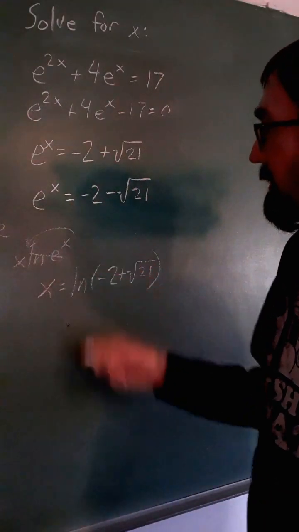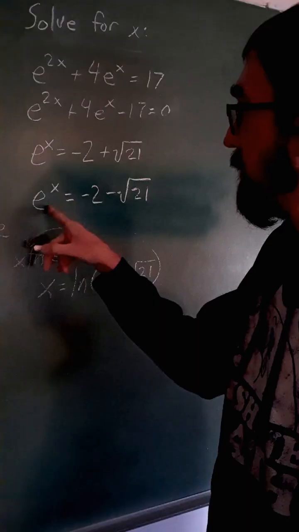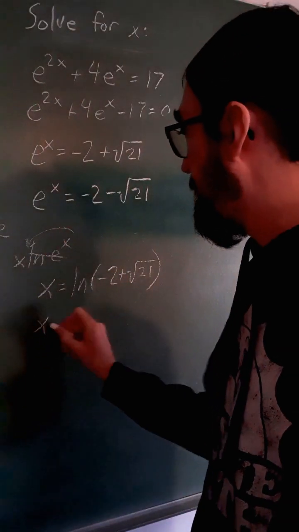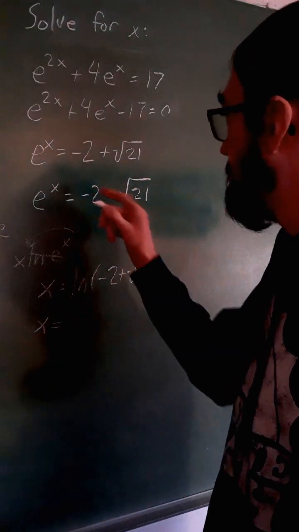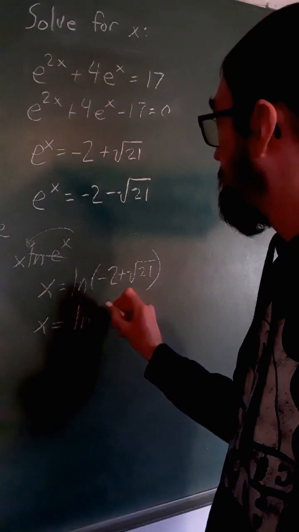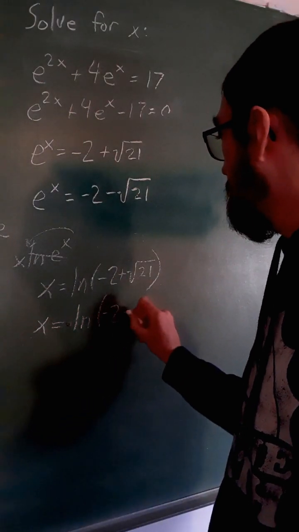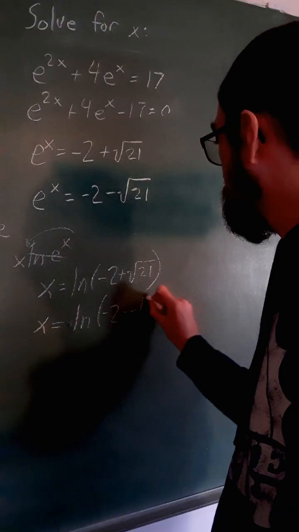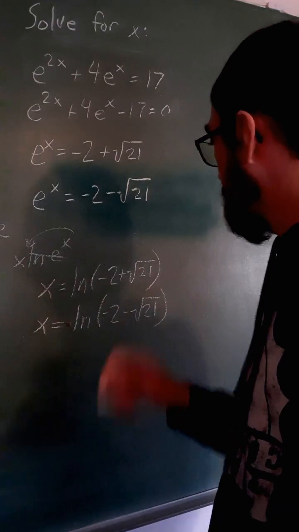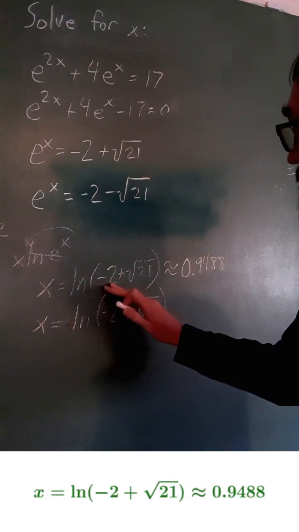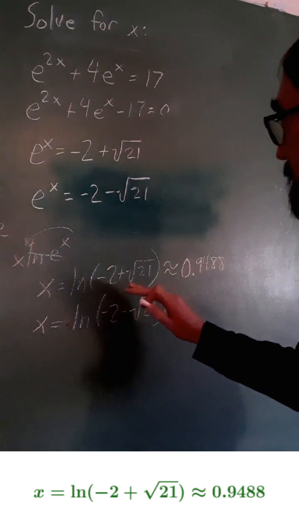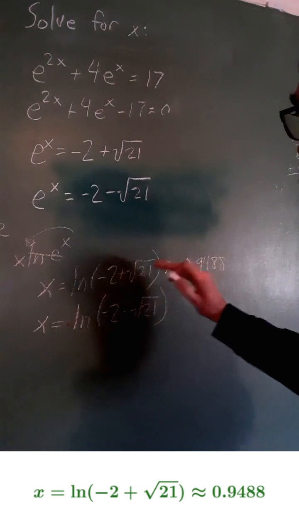We're going to do the same thing here. So again, the natural log of this is just going to be x. So this is our second x, and it's going to be the log of negative 2 minus the square root of 21. This one does turn out to be a positive number, so taking the natural log of this, we're going to get approximately